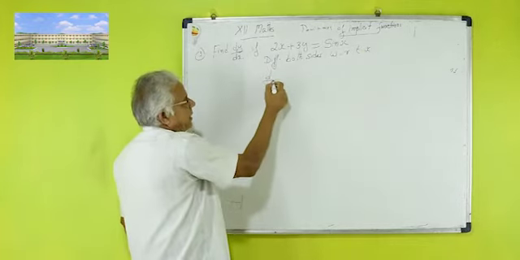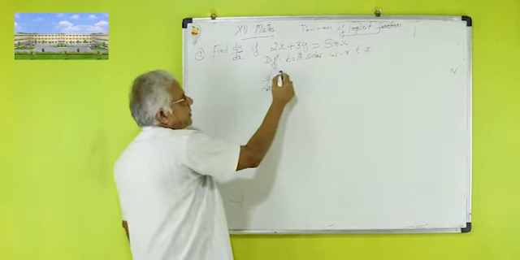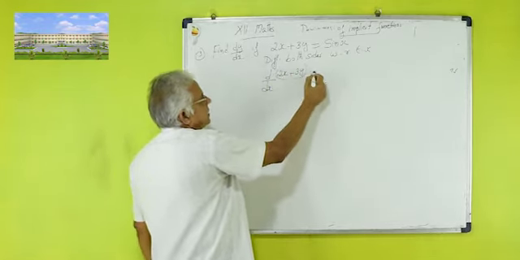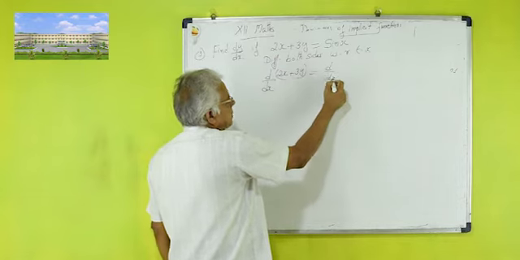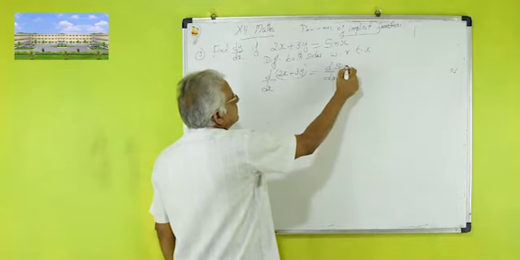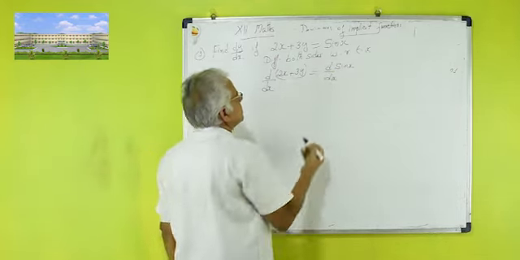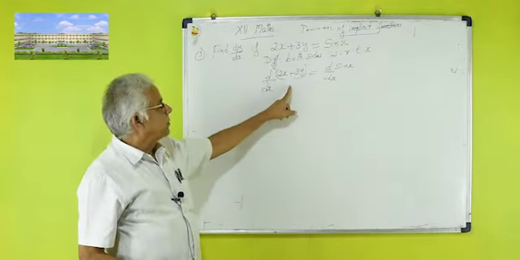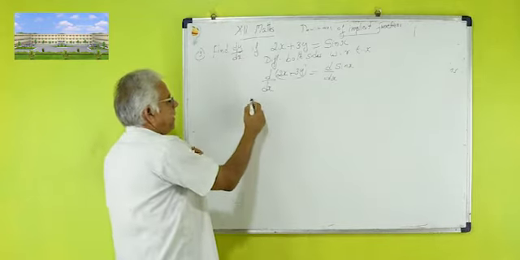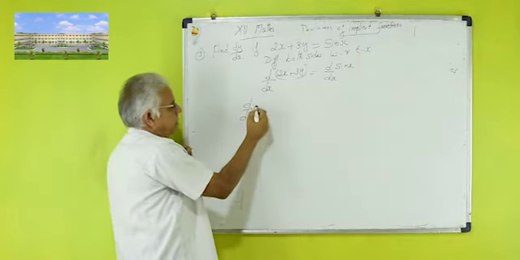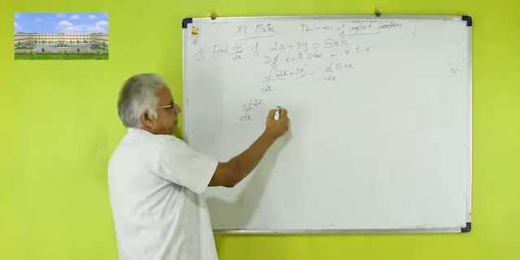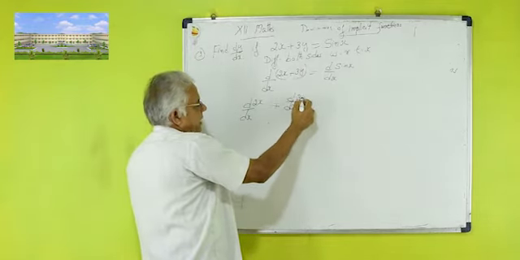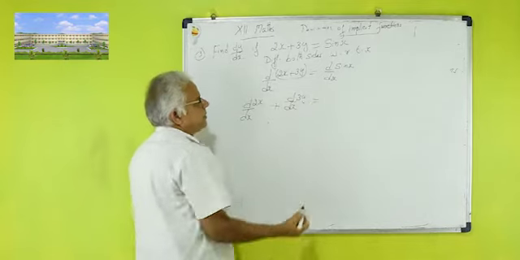Then dy by dx of the left hand side 2x plus 3y is equal to dy by dx of sin x. Apply the sum rule: dy by dx of the first term plus dy by dx of the second term is equal to